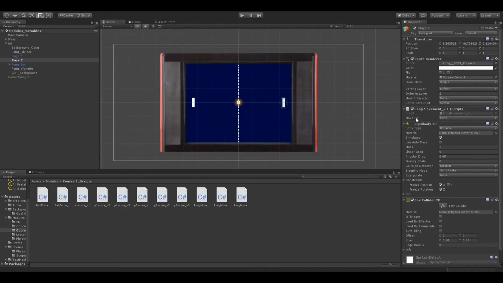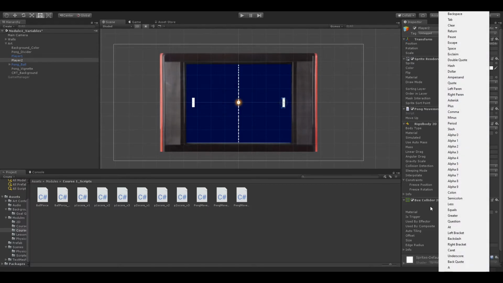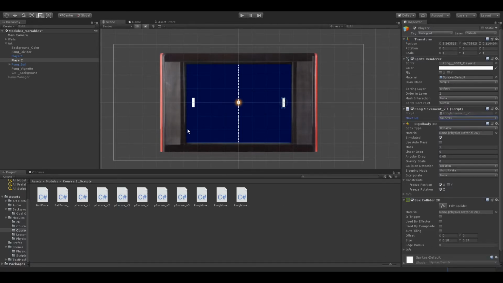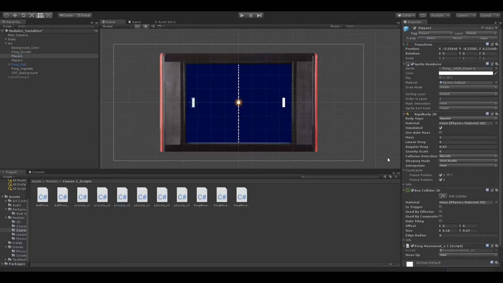So I have the variable called move up, so I'm going to assign this move up to use the up arrow. So I'm going to click on it, I'm going to scroll all the way down until I find up arrow and assign that here. For my player 1, I know that I want to assign move up to be W on the keyboard, like that. So now when I play the game,